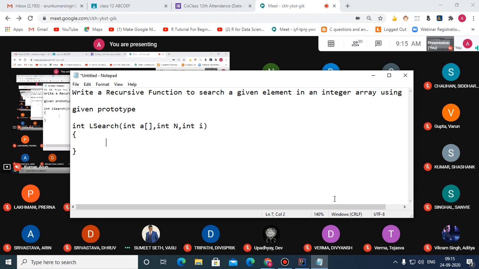Vasu Sumit said, provide me with the code. Please hurry up. Devasprit Tripathi.